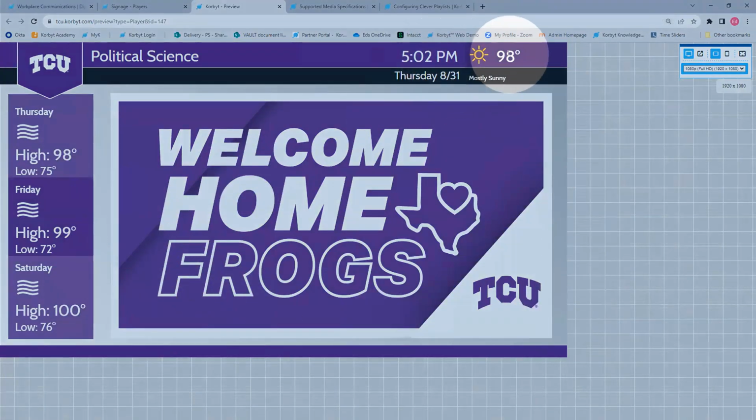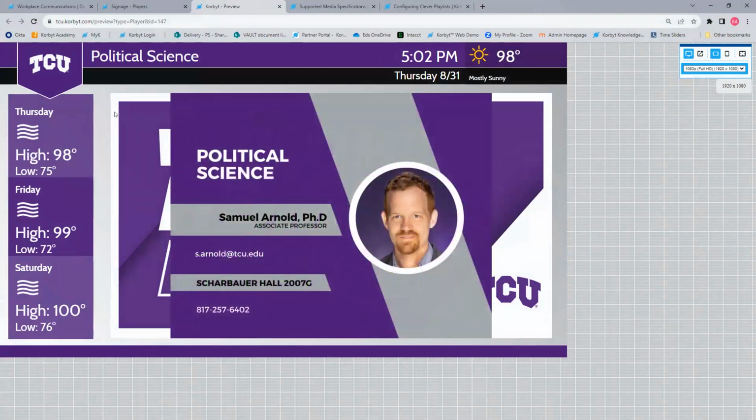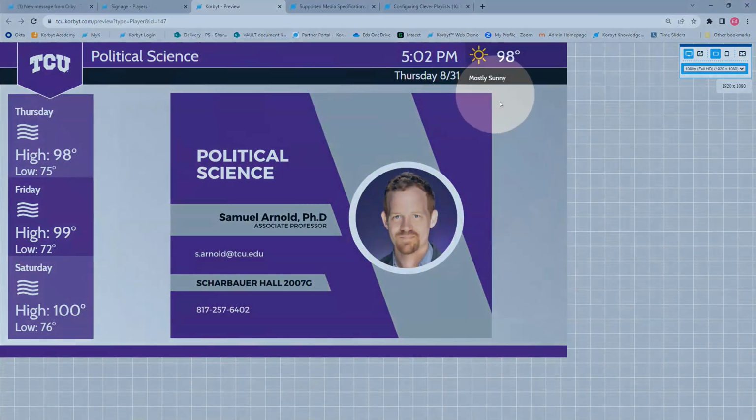You've got the time, the weather. Don't be shocked that the time is off. This is my time because it is my computer that is playing the content in my preview window. And you have a series of images playing in the center, but we have things like the weather, the TCU logo, the group, all of these being fixed.